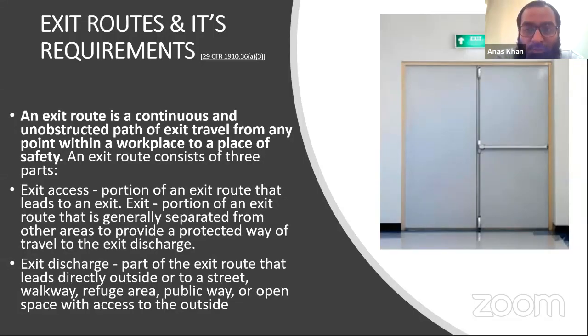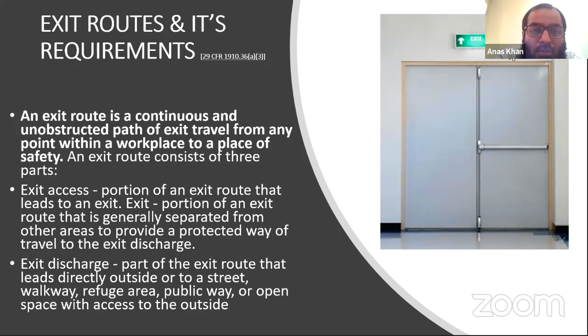What is exit? We should understand about exit. Exit, in our language, we call it emergency exit, right? In OSHA, they use the word exit for emergency exit. So don't confuse exit with emergency exit. Whenever you find the word exit, it means emergency exit. And an exit route is a continuous and unobstructed path